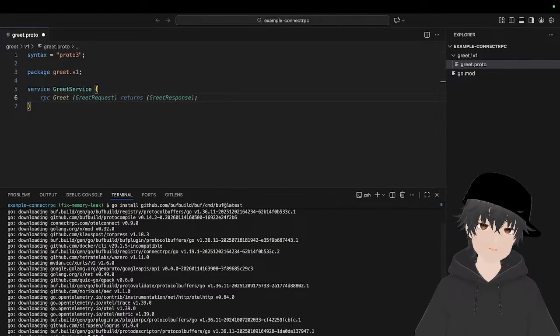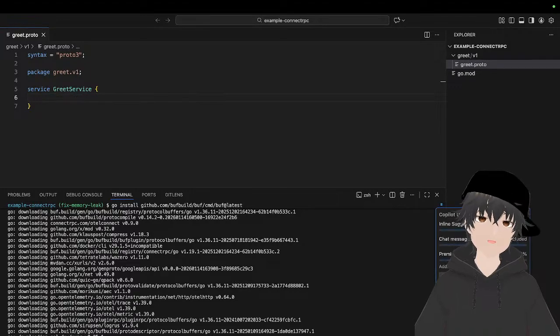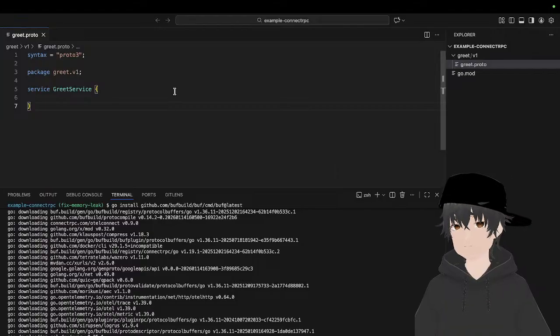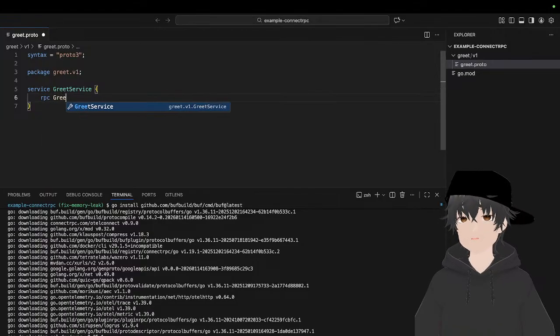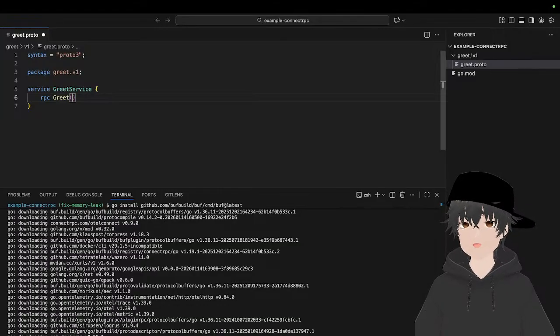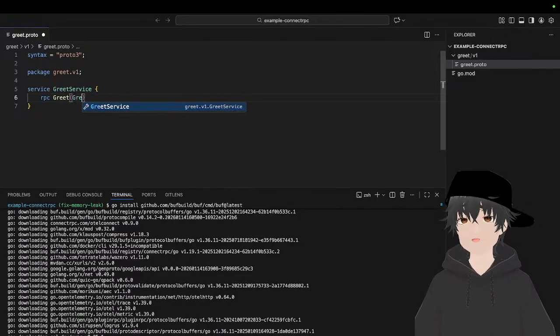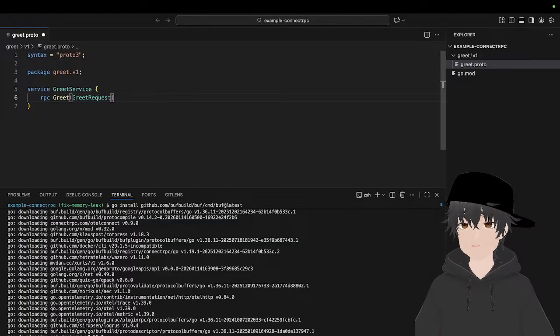I think I can turn off the Copilot so I can write more code myself. RPC and then greet, and here you need a greet request and it